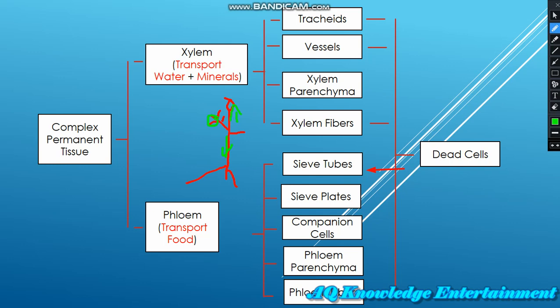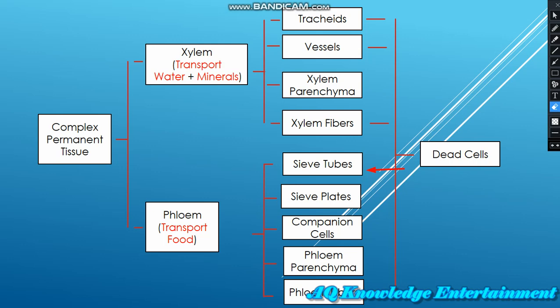So the food should be distributed equally. That is why the materials in phloem can move in both directions. Now the phloem transports food from the leaves to other parts of the plant,